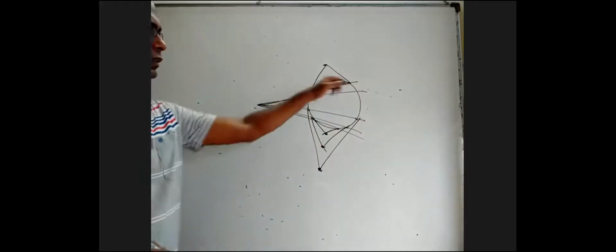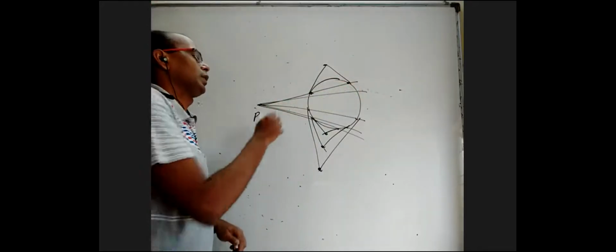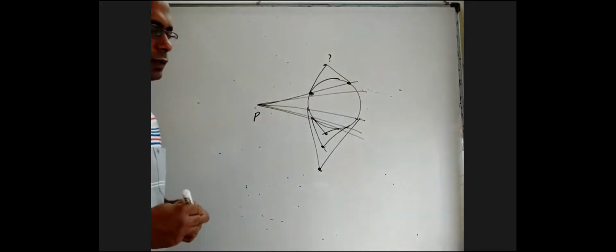So take a secant through a given point P, and it will intersect the circle at 2 points. There you draw tangents, and they will intersect at 1 point. The locus of this point is a line, and that line is called